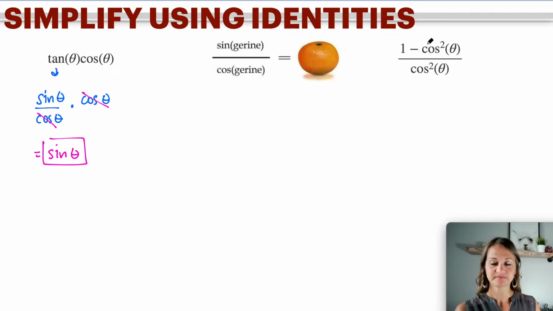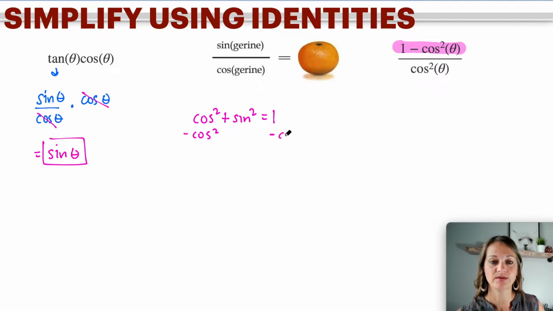Now in this one, 1 minus cosine squared divided by cosine squared, there are 2 ways you can do this, and either way is fine. You can either first notice that this is a Pythagorean identity, or you could break this up into 2 fractions. It doesn't matter which one. I know the identity cosine squared plus sine squared equals 1, which means I can get this identity to become something like this. In order to make this look like the numerator, I realized that they subtracted cosine squared. So if I subtract it from both sides,